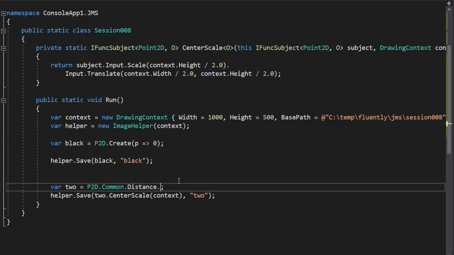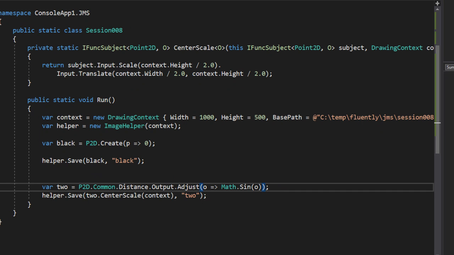Now I think you can take the output and adjust it by saying that the output should be a sine wave from the output. And if I run that,